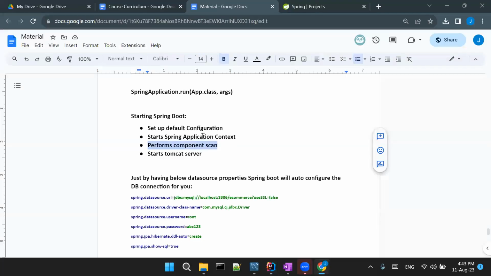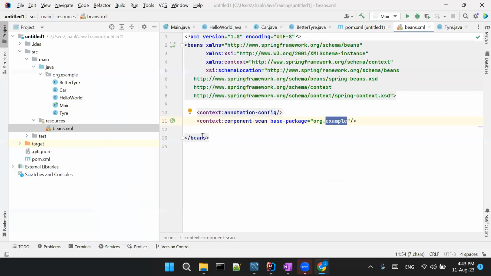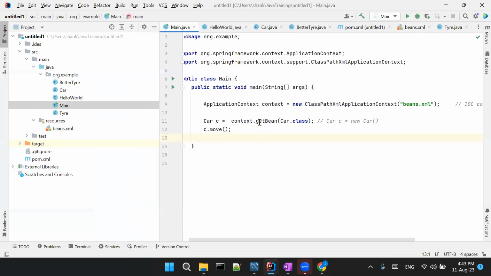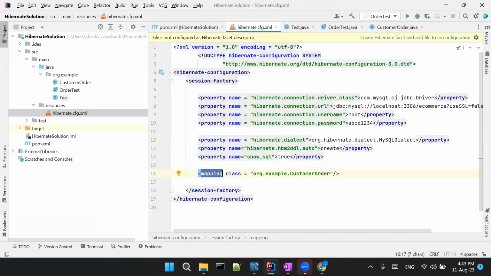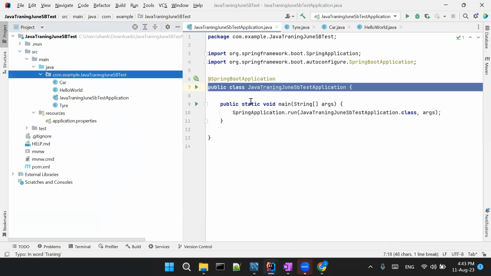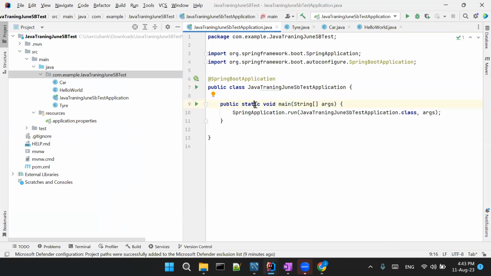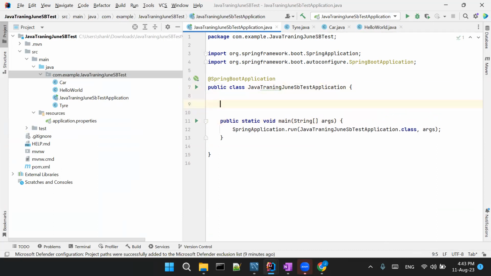And the second benefit is you don't have to worry about creating the application context, right? In a regular Spring application, you have to create the application context out of an XML file. But with Spring Boot, you don't have to create the application context. Spring will automatically create the application context for you, and you can simply ask for it anywhere in the